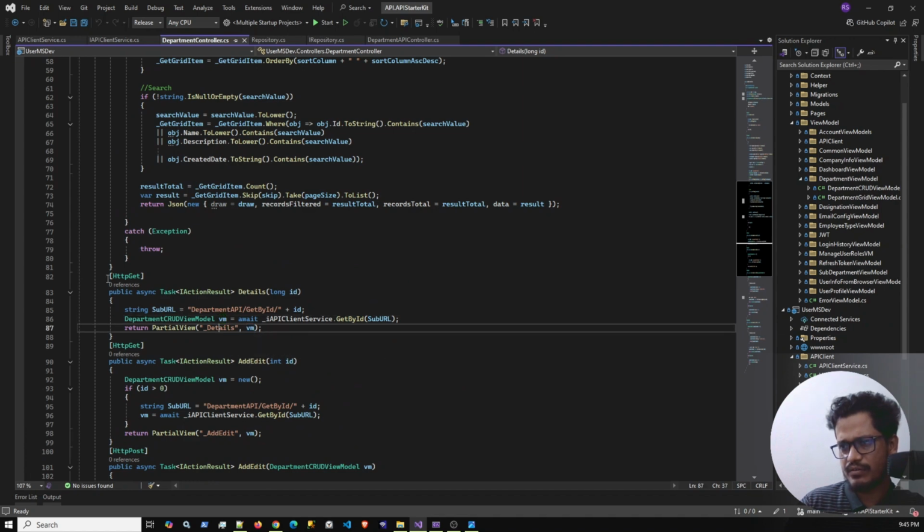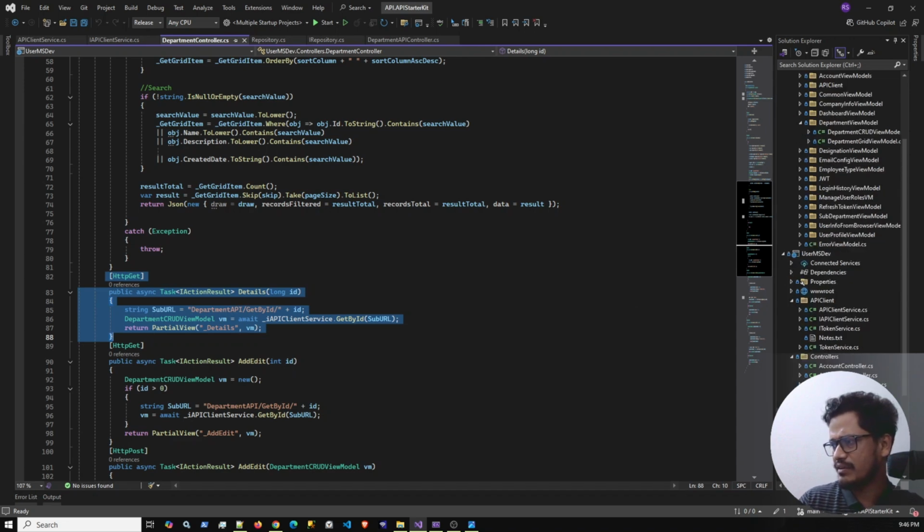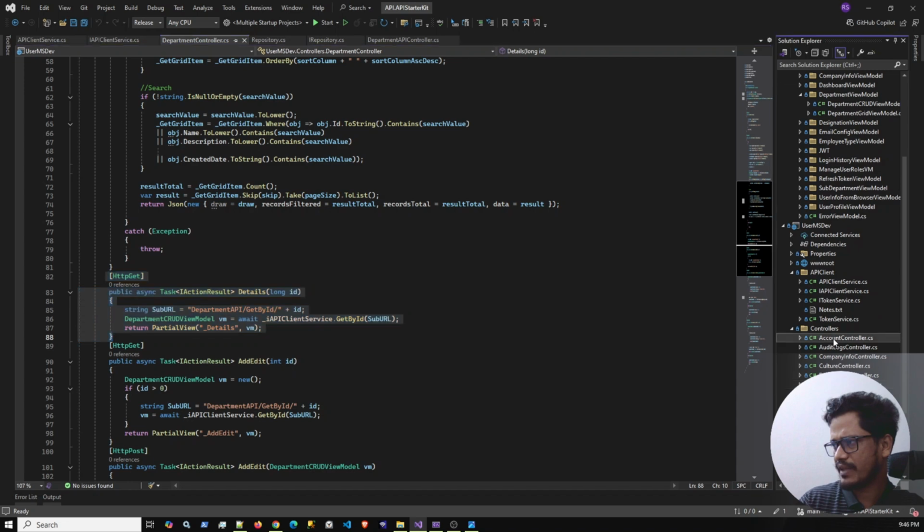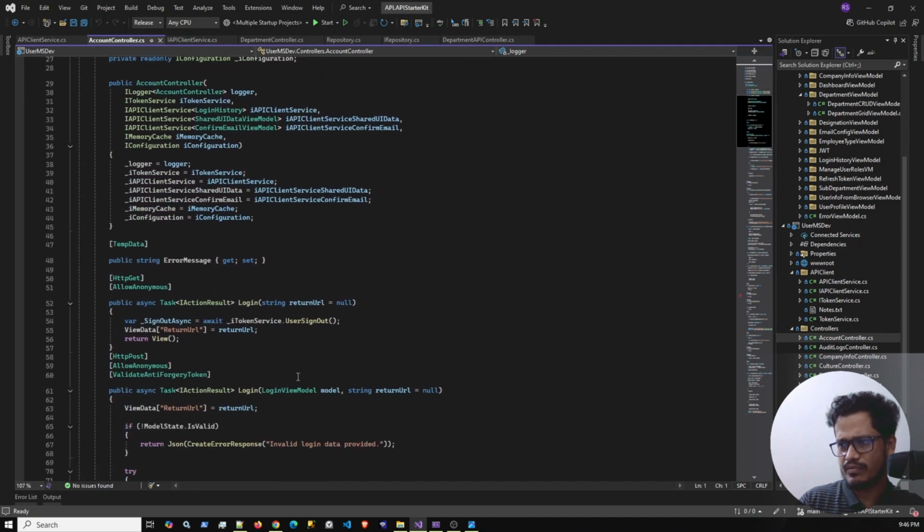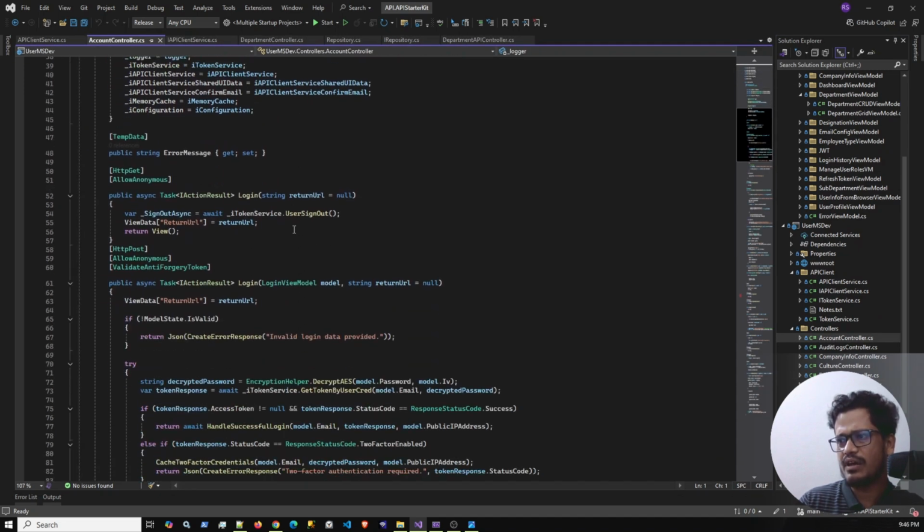So then we can get the expected data and view it in the controller, in the front end view. And the last one is another more important thing I need to explain, which is JWT. So let me explain the login screen, then we can understand the account controller. So when I request the login, then it will go to the